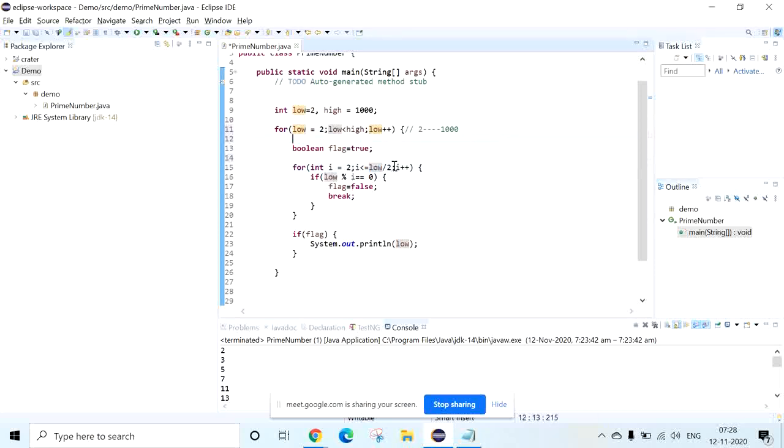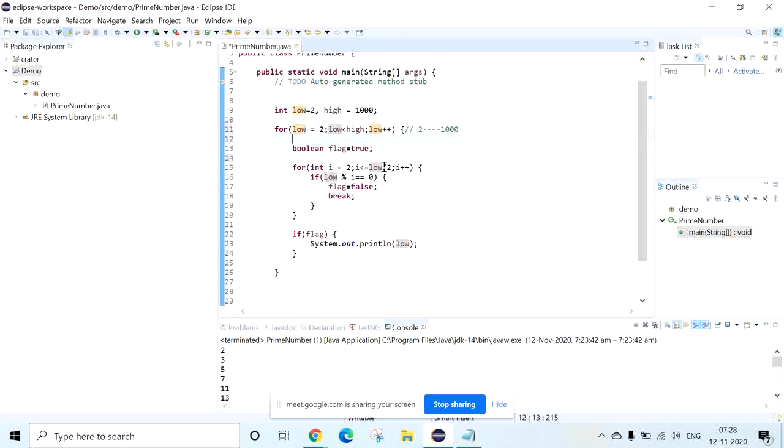When you want to find whether the given number is prime, for example for 2 we cannot do anything because there is only one 2, low is 2, high is 2, so it can be a prime number. When you come to 3, low is 2 and high is 3, so 3 is a prime number. When you take 5, low is 2, high is 5, so 5 is a prime number.